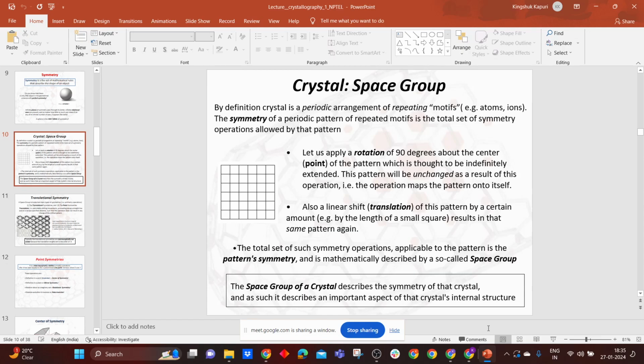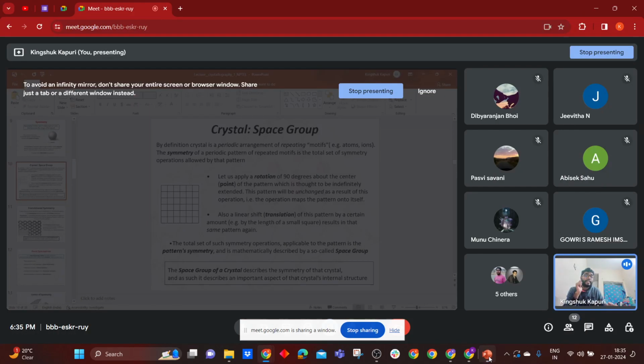Can you tell me what is the mathematical property that can be used to define this kind of term, these symmetry terms? For example, you all have come across that term in your class 12, which has a directional property. Can you tell me? So vector. Yes, exactly. The vector. So the vector has a directional property.